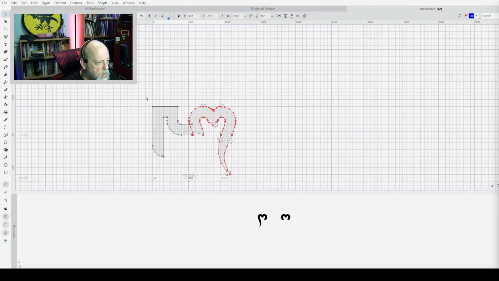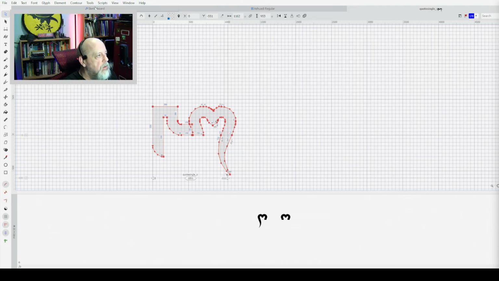So I can always redraw it if it isn't. So I'll select the whole thing and do Control F10. Tiny little numbers on my keyboard. Nope, wrong one. Oh, right. I have a problem here.